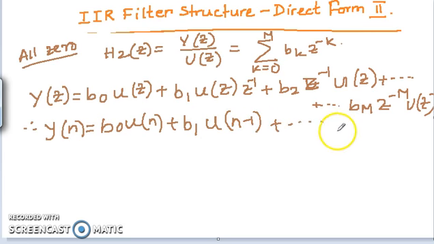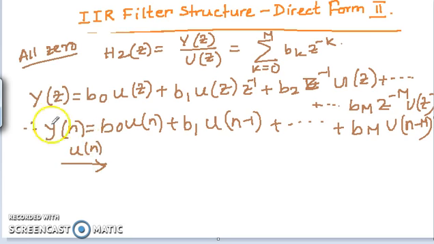In this way we are going to get the values up to m number of elements, where the delay will be u(n-m). So this will be the output equation. Now if I go for this structure, the u part is coming here, u(n), and the y part is actually additive with u(n), along with a b0 coefficient. Now it is added with the second part, that means the delay part.